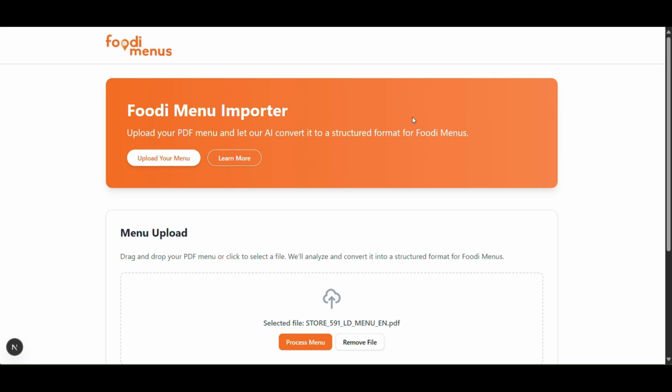Foodie Menu Importer. This is a project I've been working on the past week, and it's been awesome to work on. It's been such a good learning experience for me. Here's the premise: the problem we're trying to solve is